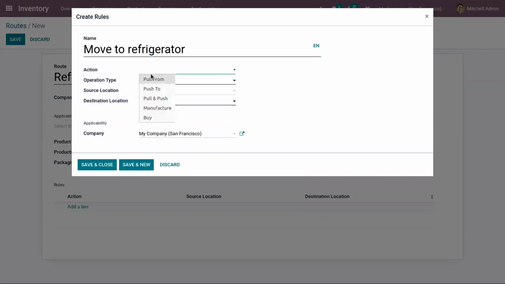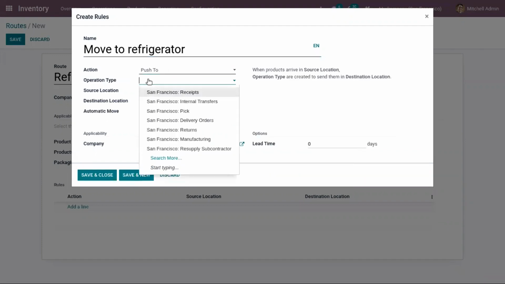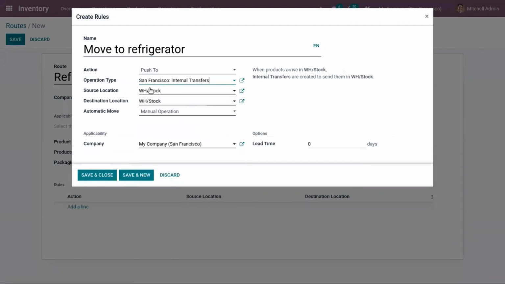And here, let me set the action as push to, and let me set the operation type as internal transfers.